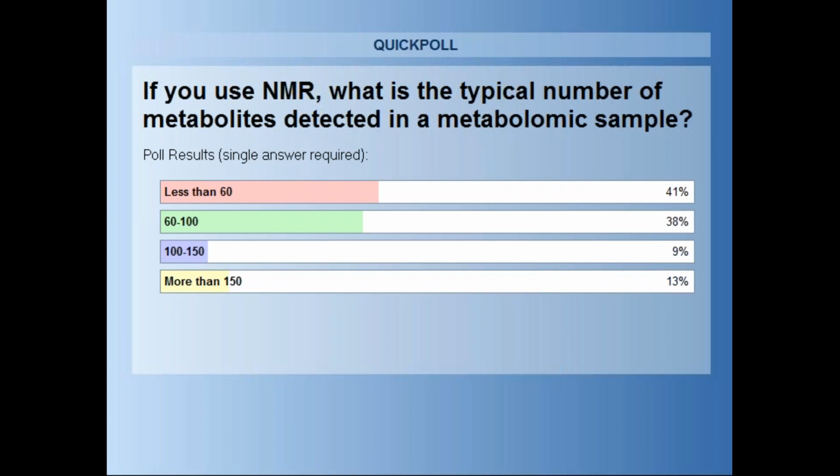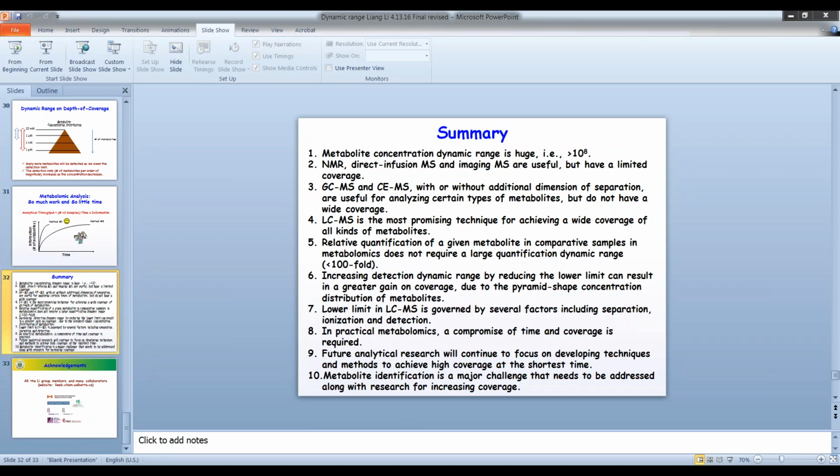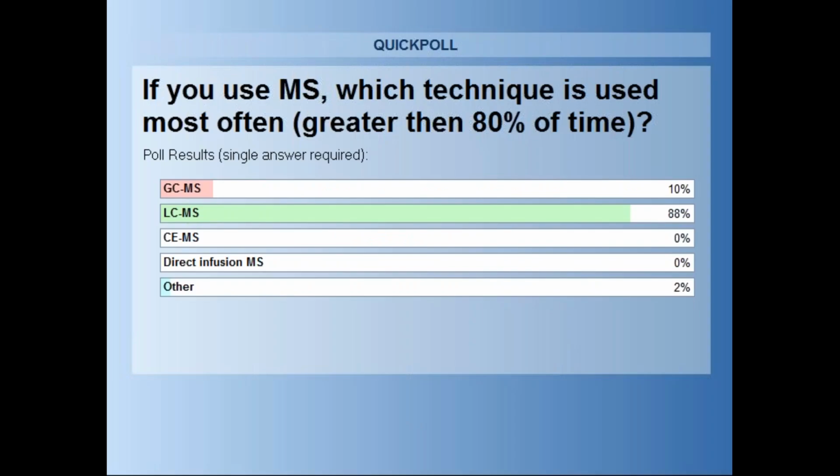Any comments, Lloyd or Dr. Li? I think this is what Dr. Li had suggested as a number in his presentation, and I think it's consistent. Those who are detecting more peaks, maybe you can comment in the comment screens. Perhaps these people do pre-fractionation. Yeah, there are a lot of ways one could increase that number, trading off time or speed for analysis.